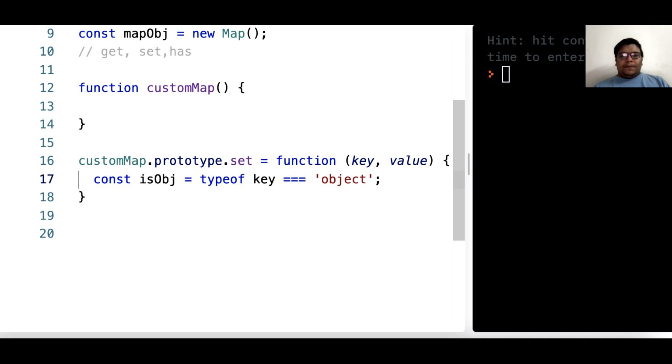And then we can also check if it is null, because null is also a type of object, but we specifically need to check for null. So we have isObject and isNull, and everything remaining will be string, number and boolean types, anything.